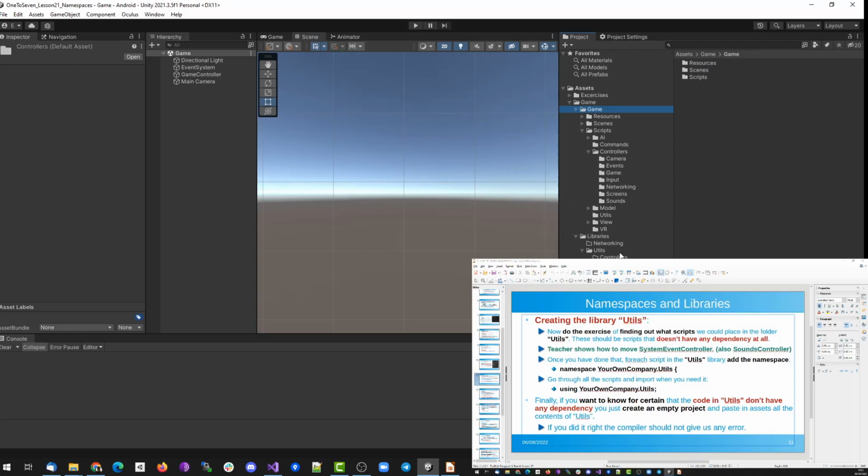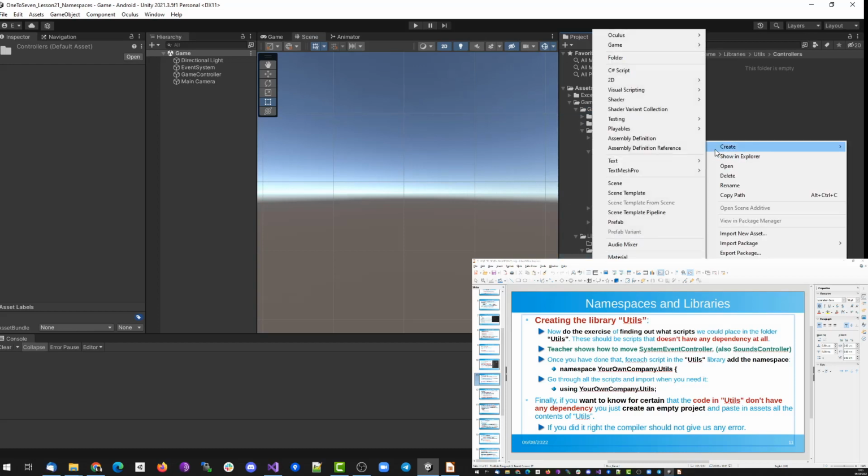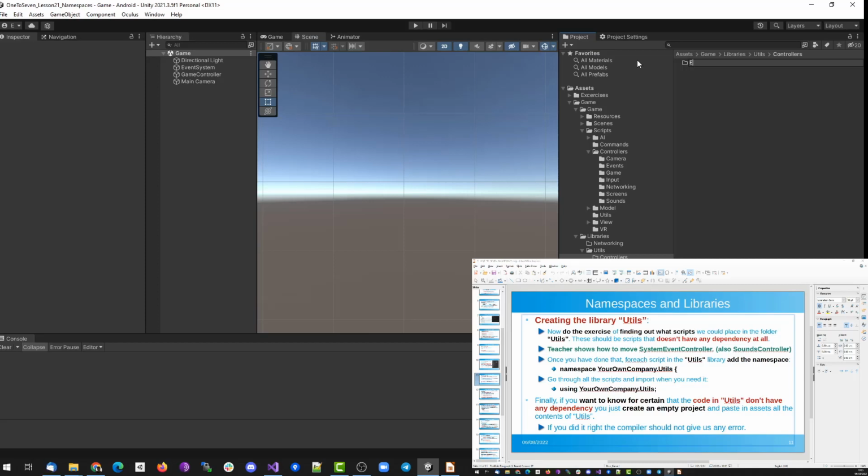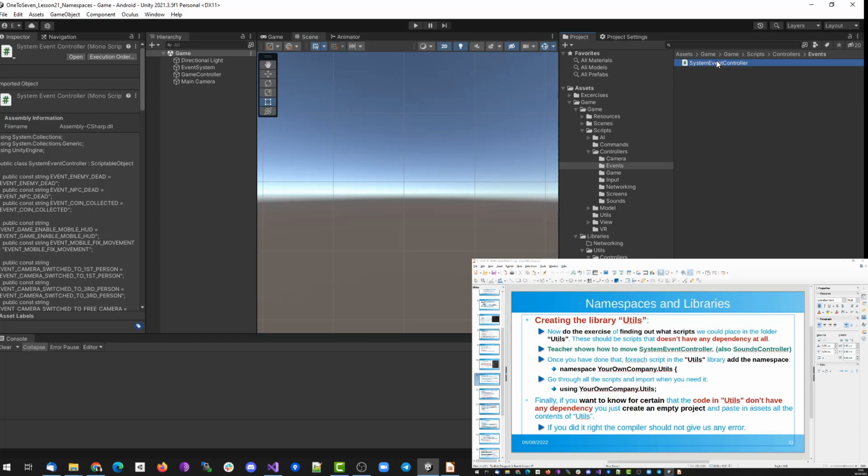Okay, so we have controllers and we have events. Right now we are going to move this script to this folder,